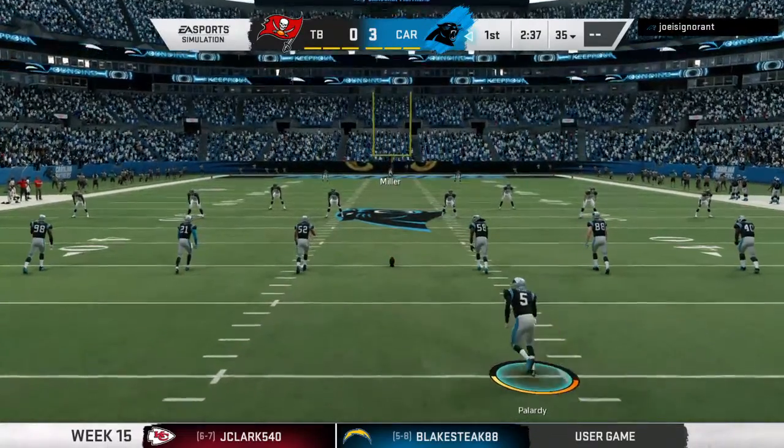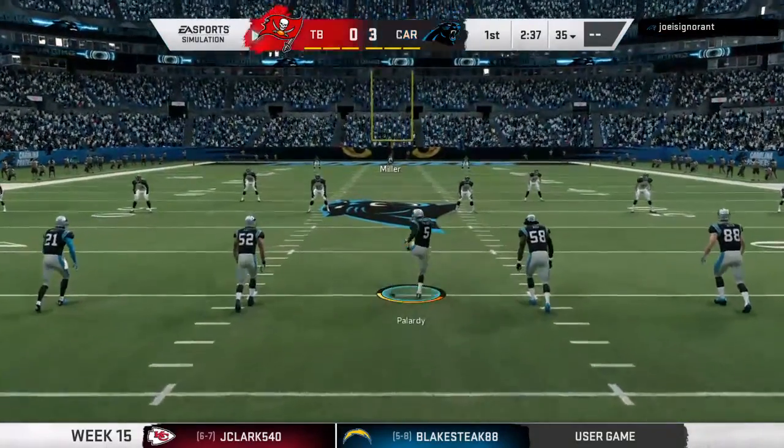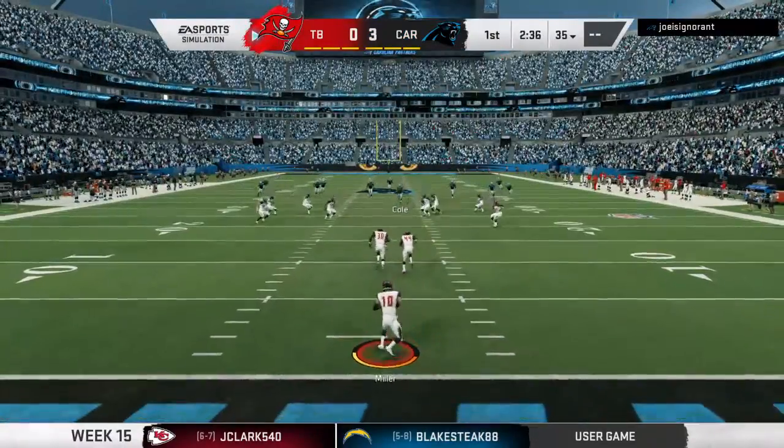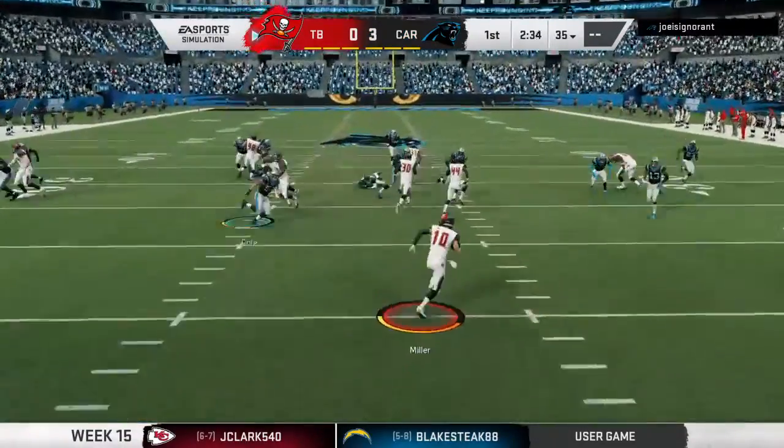They got the interception, but very little movement after, and that forces him to settle for 3. And it does feel like settling when that happens, doesn't it? It certainly does, but we got to give a lot of credit where it's...